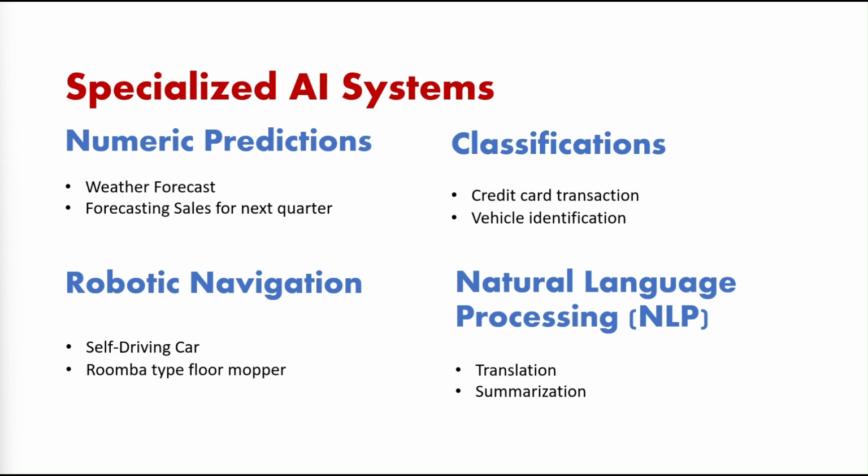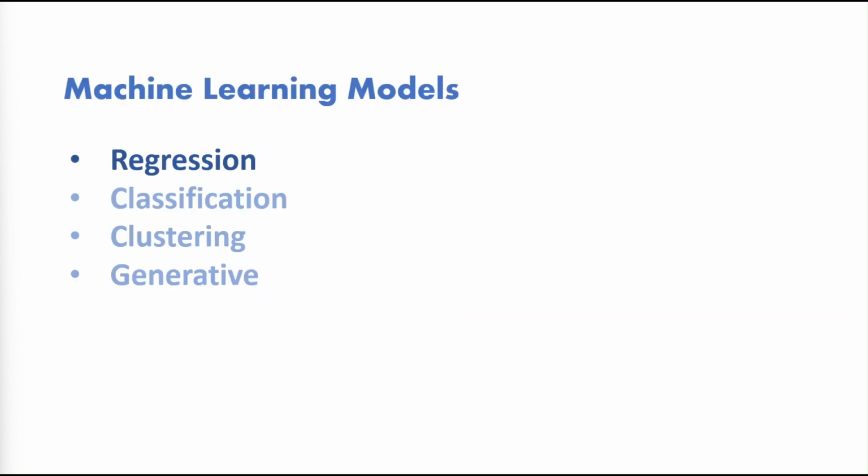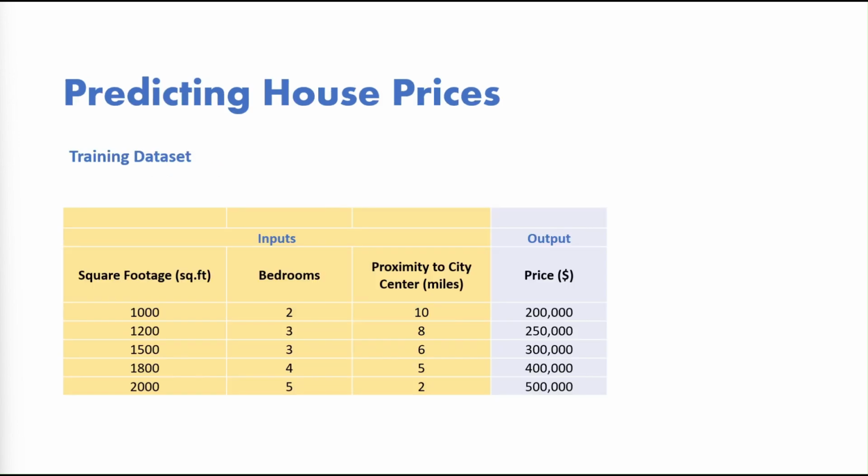Machine learning uses different models such as regression, classification, clustering, generative, etc., based on the tasks at hand. Let us look at an example of a regression model. House price prediction. The dataset includes inputs such as square footage of the house, number of bedrooms, proximity to the city center, and the output, price. We collect a large amount of data related to house prices. The features of the dataset will be identified. Features are the relevant data elements that are applicable to the current task. Weights and biases are added to the features, based on our initial understanding of the data.